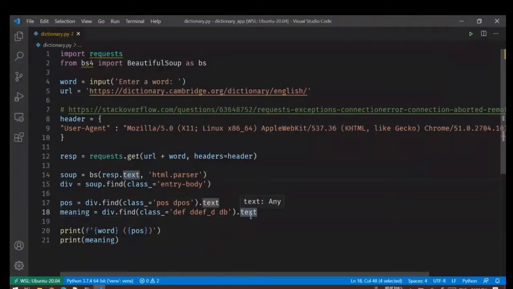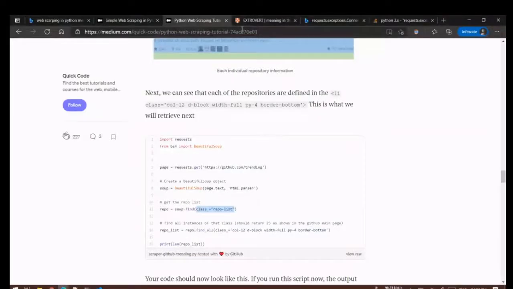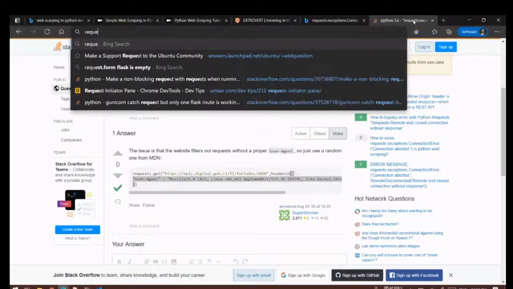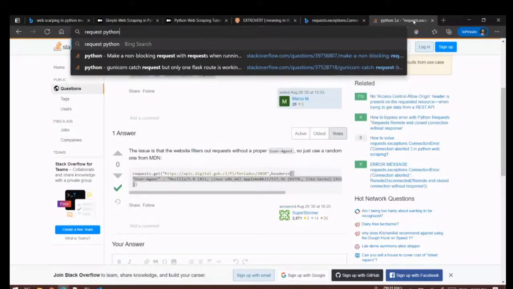So oftentimes when you're starting, don't waste a lot of time reading a lot of stuff and mastering a lot of concepts that you will never use in this project. Okay, so don't waste a lot of time doing that. My advice would be, once you get this code running, this is the good time where you should go and read about the requests library. So, requests Python,